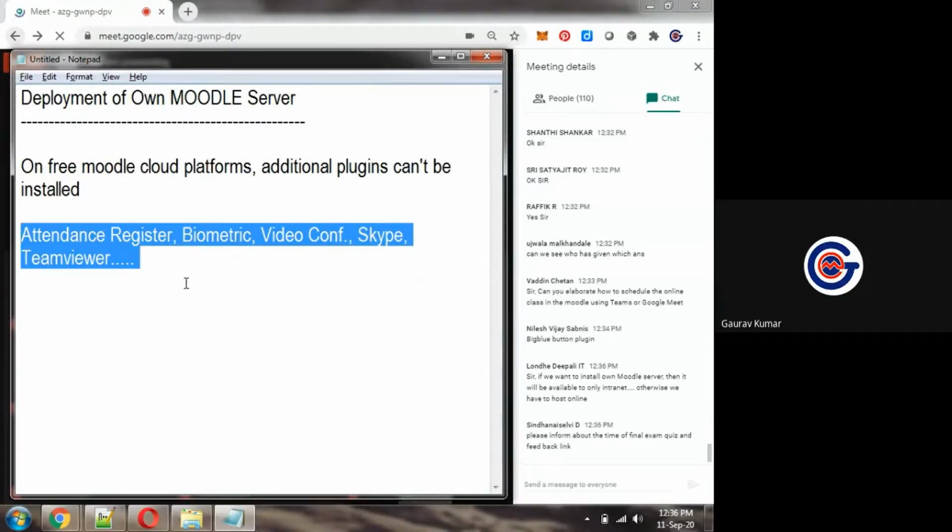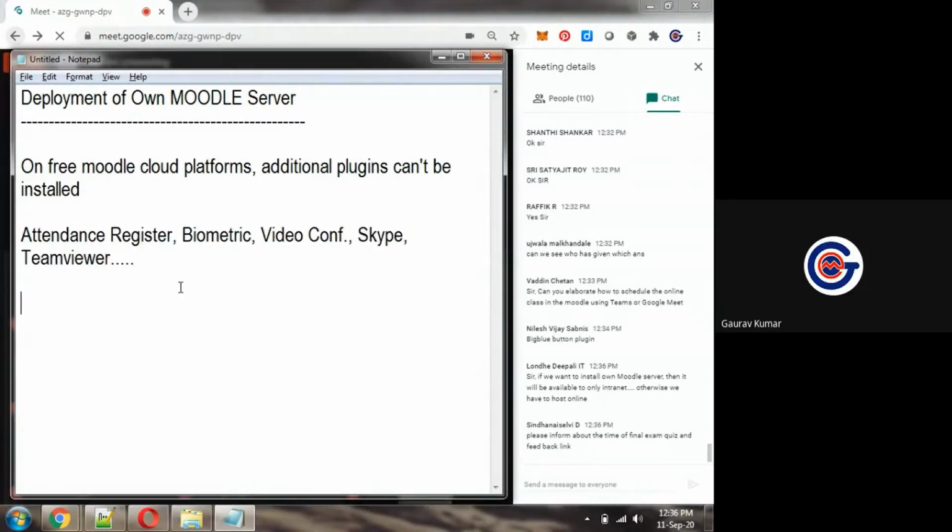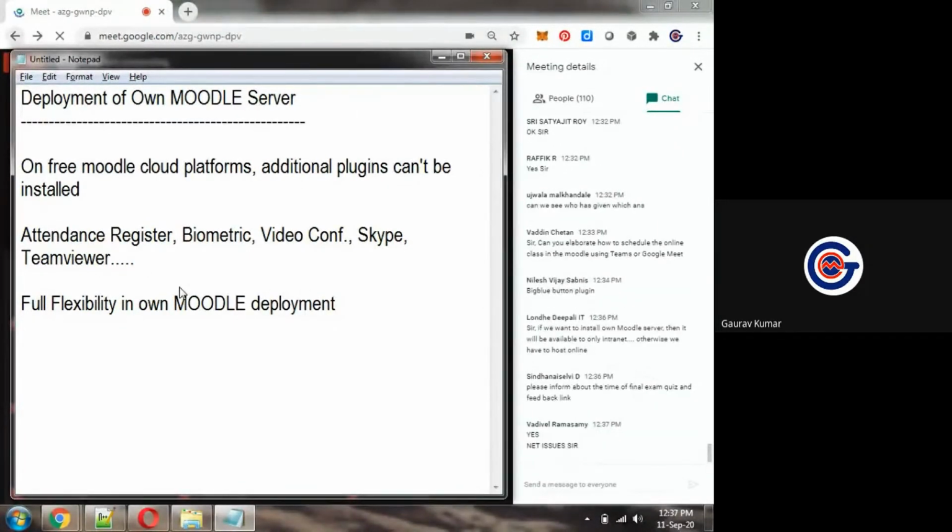But there will be full flexibility in Moodle deployment, complete customization. Complete customization can be done.